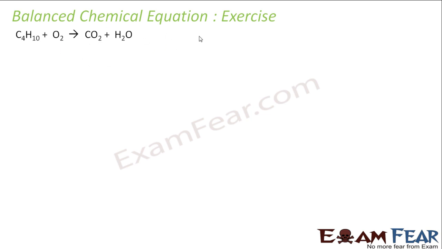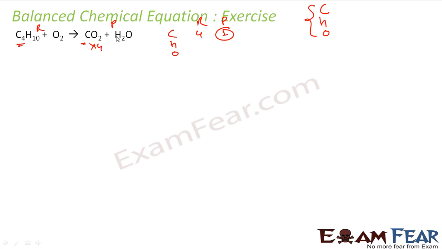So here in this reaction, let's again see the priority. Is there any compound? No. Metal? No. Non-metal? Yes. The carbon will take the first priority. Hydrogen and oxygen will take the next priority, right? CHO is my priority. So in this case, we'll see how many CHOs are here. This is my reactant, this is my product. On the reactant side, we have 4 carbon, and on the product side, we have only 1 carbon. So this is not matching.